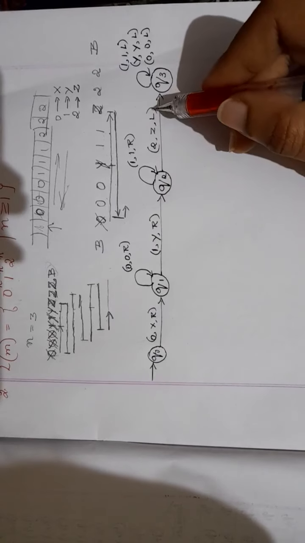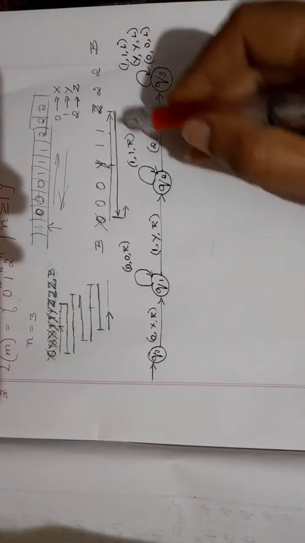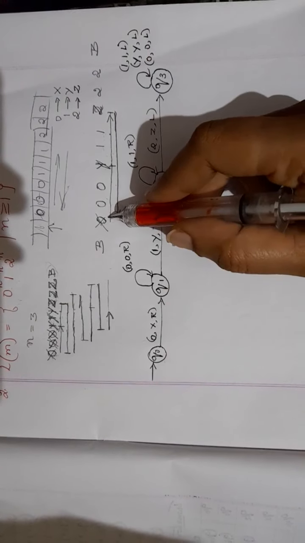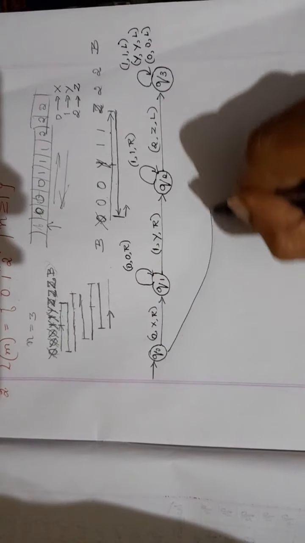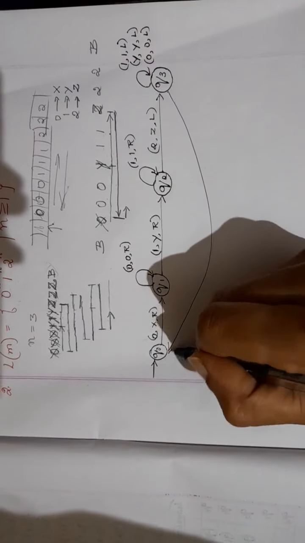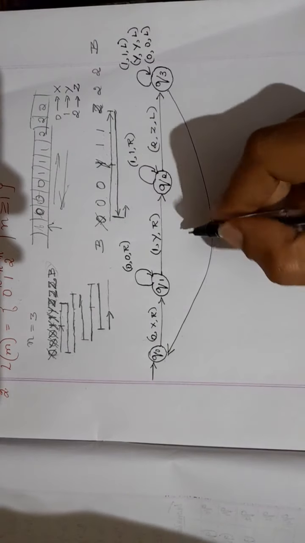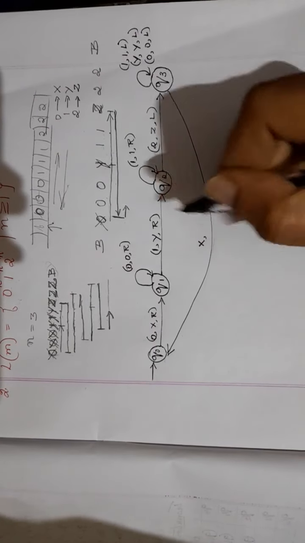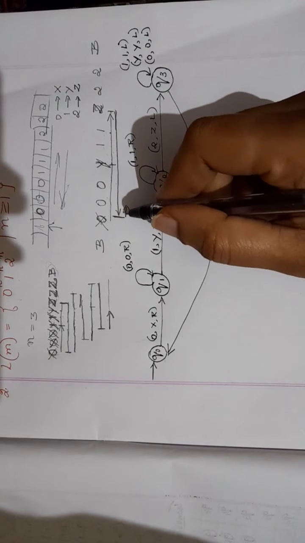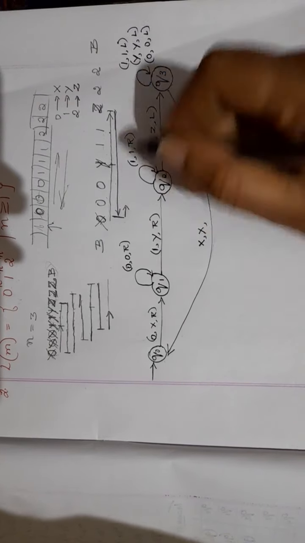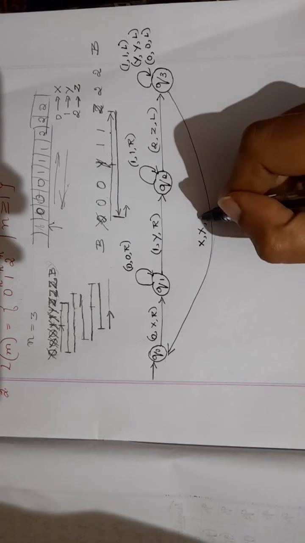Okay, the same thing repeats. So I'll take a state from Q3 to Q0, and then the same procedure. So I'll take a transition here. What is this transition? X. If I am reading X, I will keep it as X itself and change the direction. So the direction is right now. If I am reading X, keep it as X itself and move right.